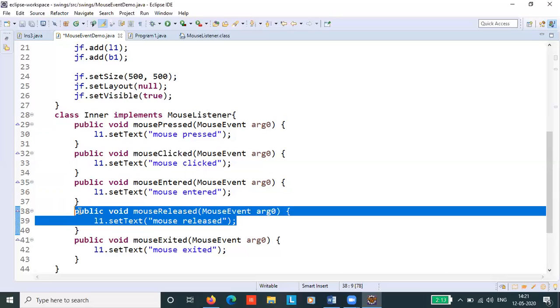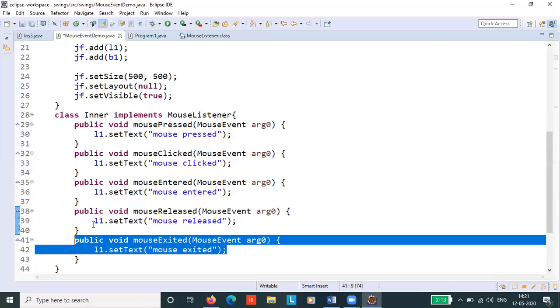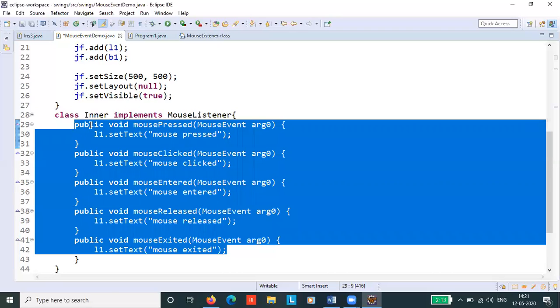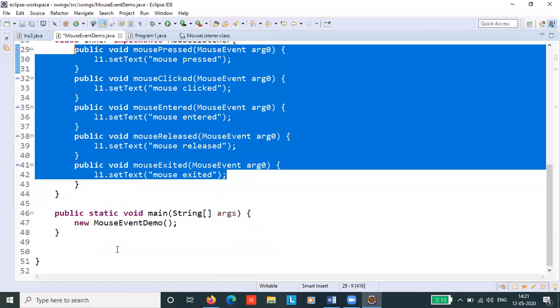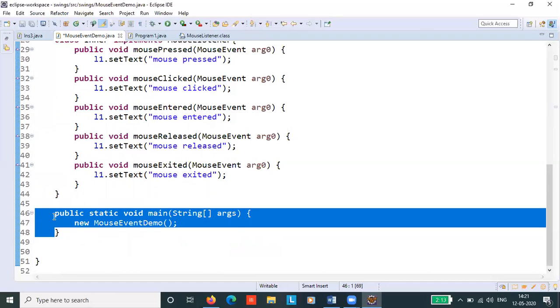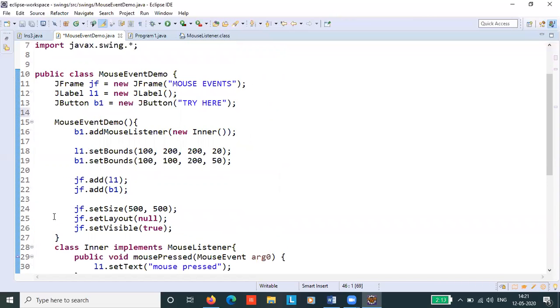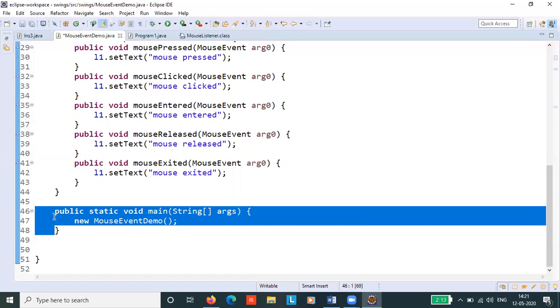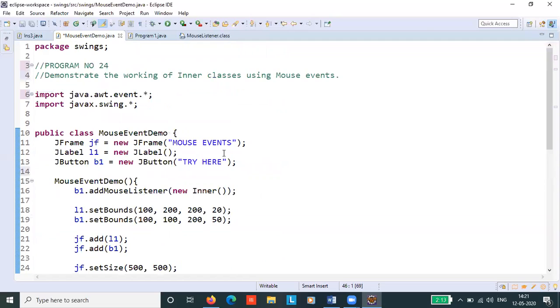The last one is mouse exited. What do these methods actually mean? You'll understand only when we run the program. And in the main method, we are just calling the constructor. So it's a very simple program.